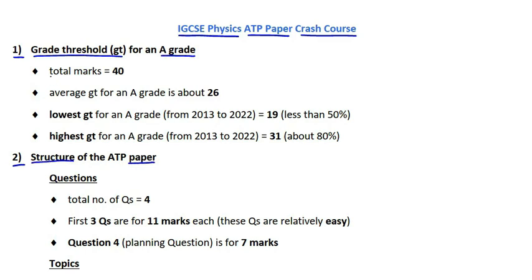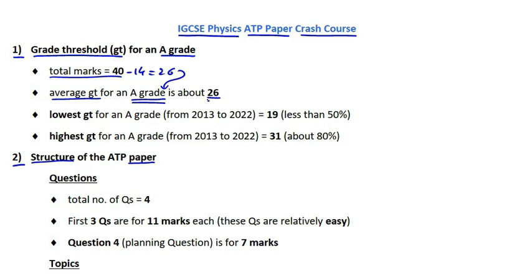Students, ATP paper is a 40 marks paper and you'll be surprised to know that the average grade threshold for an A grade in this paper is only about 26, which means that if you are given an ATP paper of every difficulty level, then you can lose about 14 marks out of 40 and still expect to get an A in it. But students, you must also note that you cannot always get an A grade in this paper by scoring about 26 marks in it,